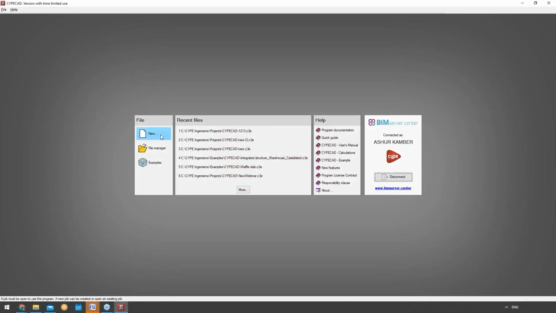This is the home page. We have the option to create a new project. We have the option to look into our files and create them as well, and some examples that we can actually have a look at, and they're actually inbuilt, these examples. But what I'm going to do, because we don't have a lot of time and I'm trying to get through as much as I can,